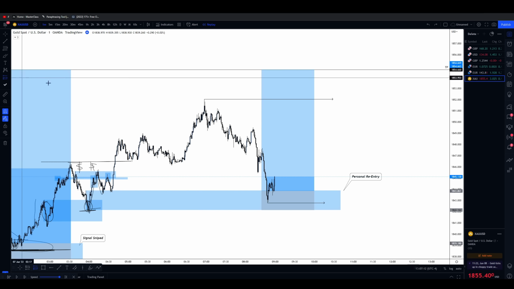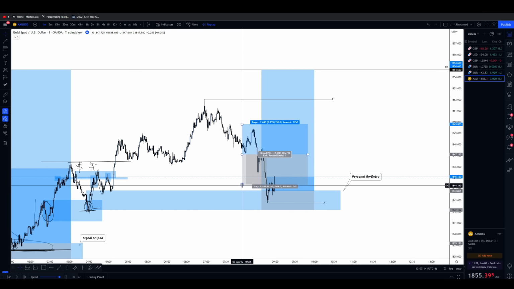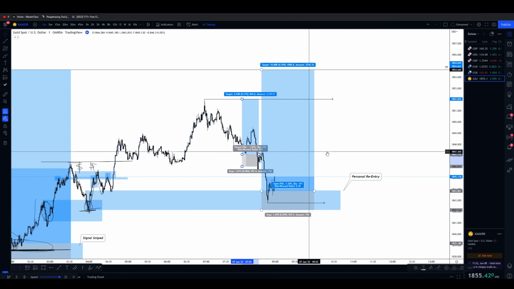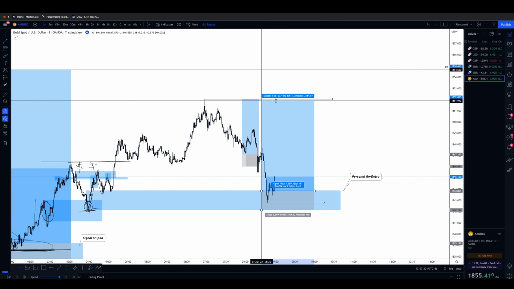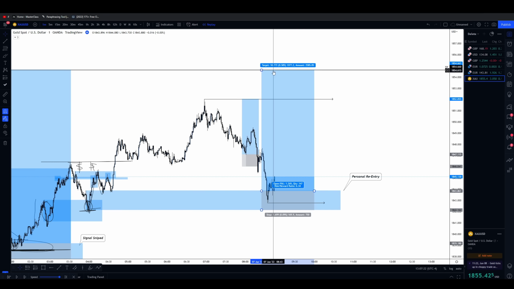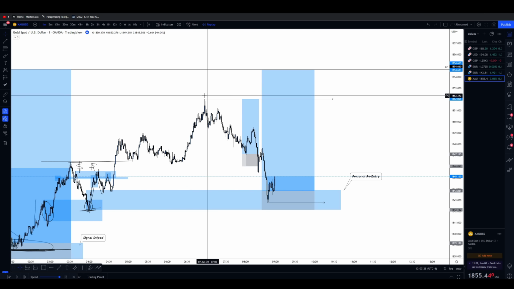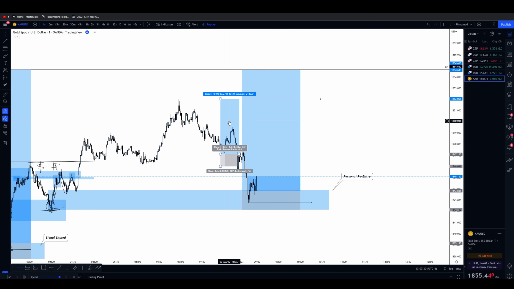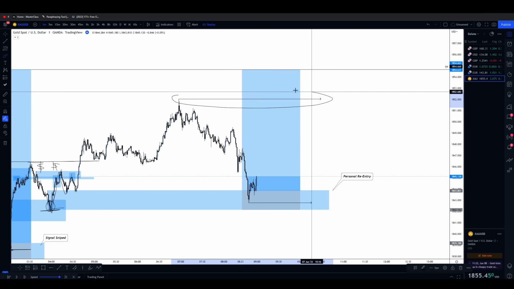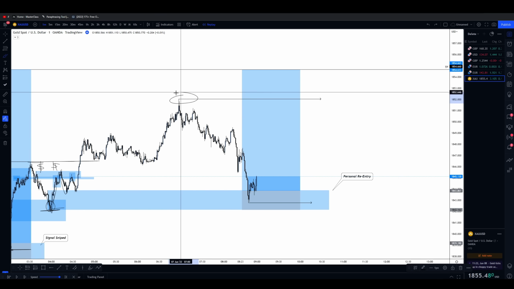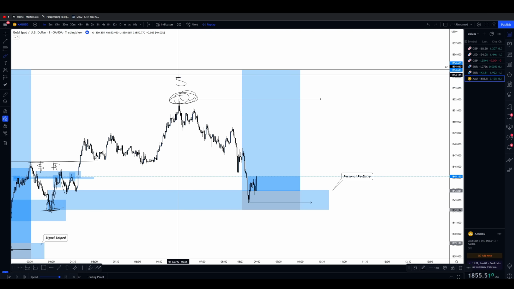So now imagine if I entered at this non-discounted point of interest, right? My RR I'd be targeting here would be a 4-to-1, and that's not the best RR, correct? But if I enter over here, there's much more probability in this OB because number one, it's discounted, and now I can target a lot higher because this is the bare minimum, correct? Now that this is the bare minimum, that means price needs to breach this high because there's swing point